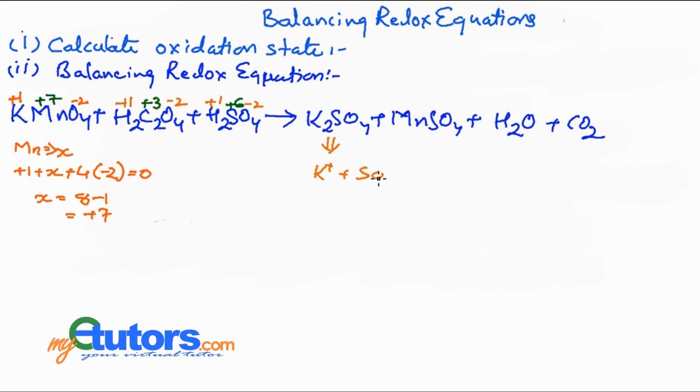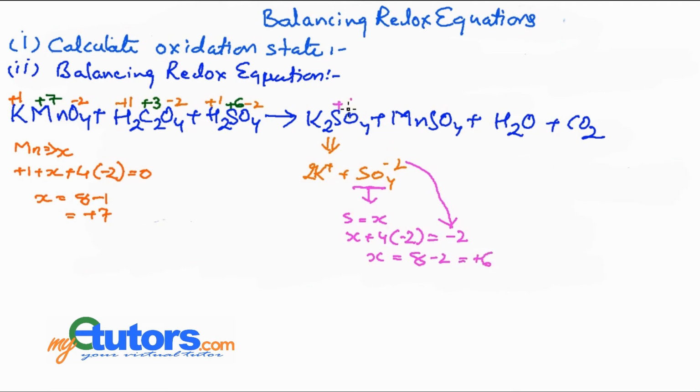Now I have demonstrated it for K2SO4, but it would be applicable to manganese sulfate. The oxidation states of both manganese and sulfur are not known. So we would first split manganese sulfate as Mn+2 ion and SO4 -2 ion. So manganese would possess +2 oxidation state, and then the SO4 -2 ion would be split up, with S considered as x. So x plus 4 into -2 is equal to -2. So the oxidation state of sulfur would be +6.